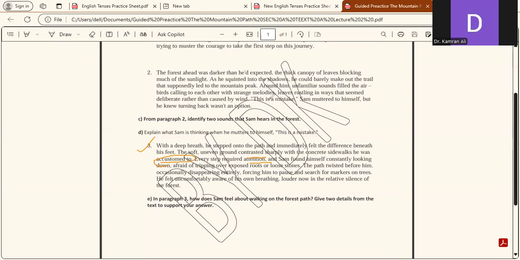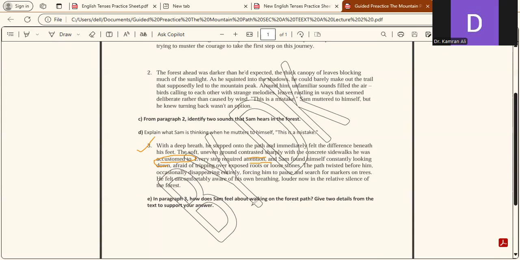Now, in the previous paragraph, the question was about what he was thinking, but of course, we had to focus on what was happening to him and how he was feeling, right? Because the realization that this is a mistake is based on that. So that's why at that time I drew your attention first towards the feelings and then I answered that one. But here it's pretty straightforward. You're asking about the feelings, right?